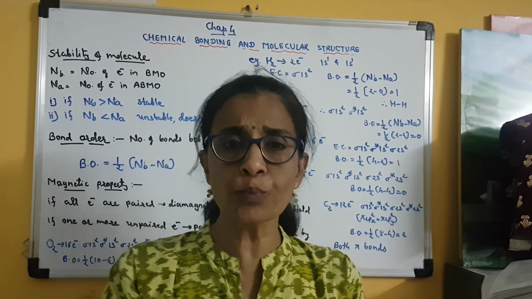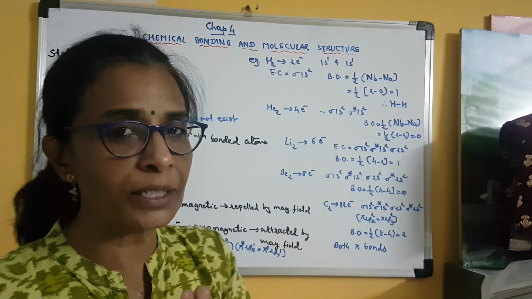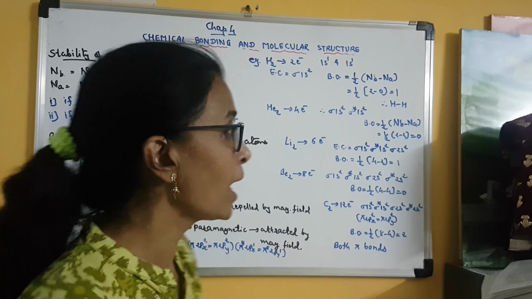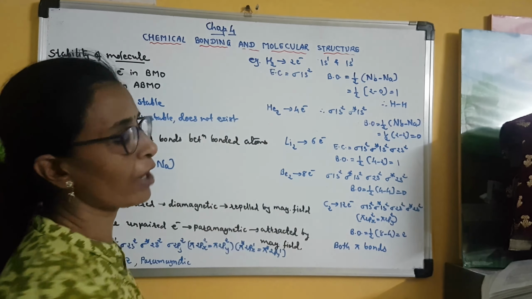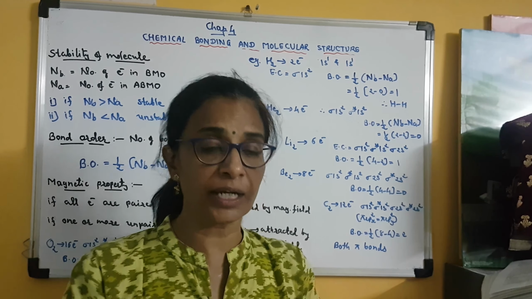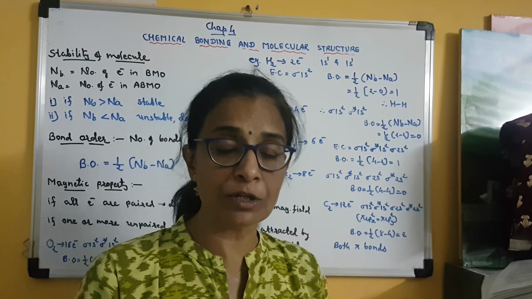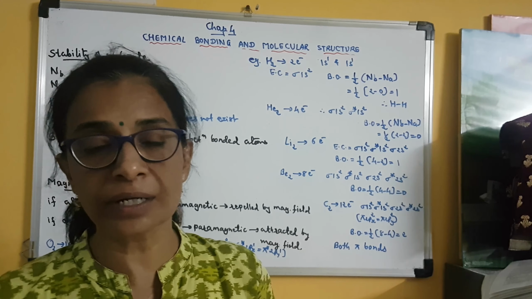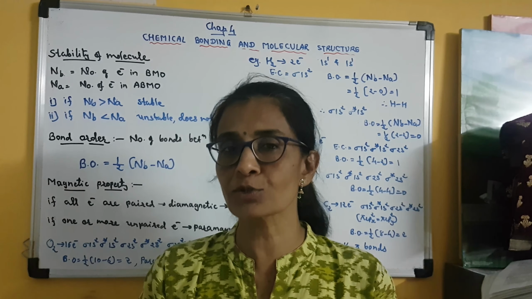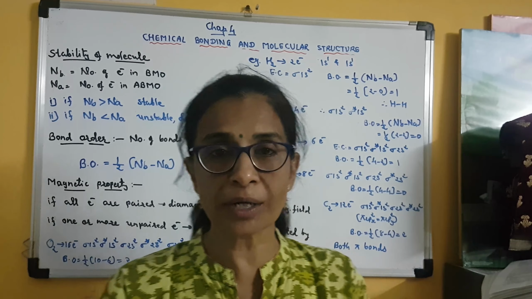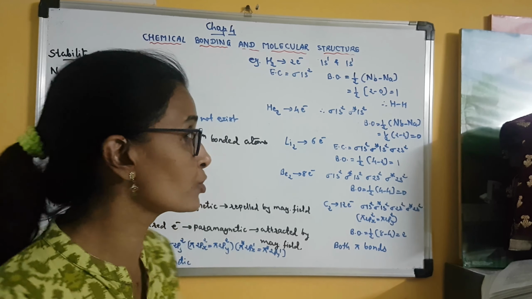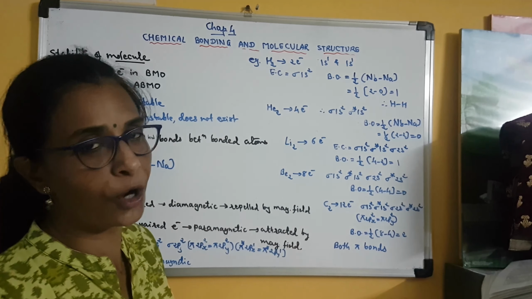Clear? But just to make you understand how to write molecular electron configuration and how to calculate bond order, I have taken one simple example of the hydrogen molecule. Clear? Because in the structure of atoms chapter, as well as in this chapter, in all the theories we have studied, H2 is always taken as an example. So we cannot ignore this molecule. It is very important for us in order to understand all the concepts. Clear? So this is a very simple but very important molecule.